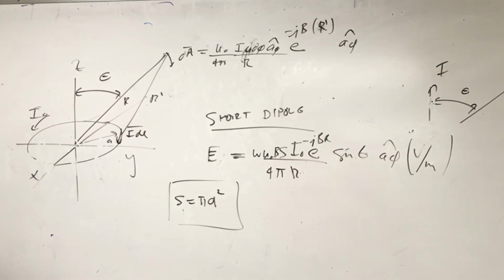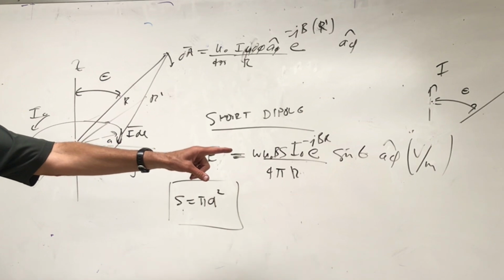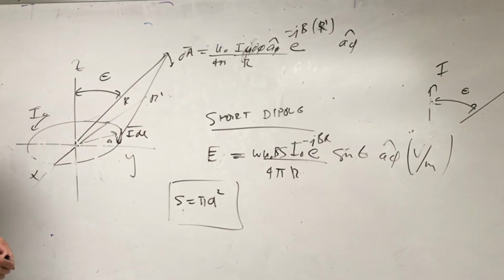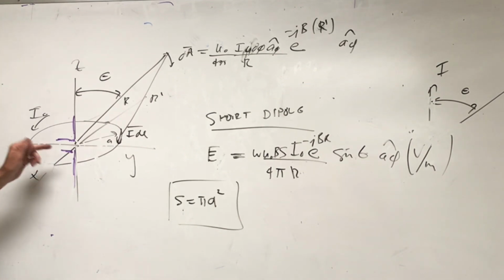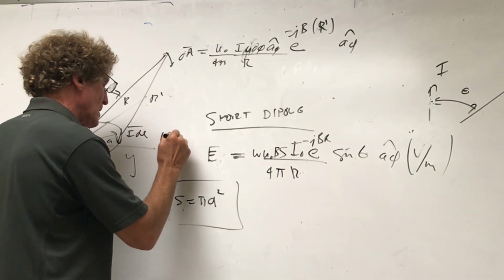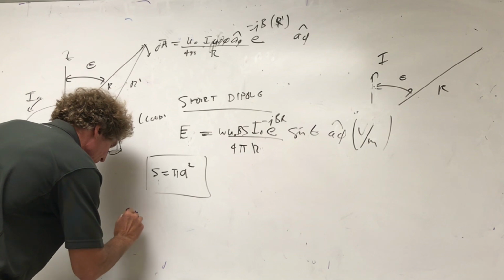But the thing about this is that I want you to note, this has the exact same directivity and electric field pattern in terms of its shape as a short dipole. Remember, a short dipole is proportional to sine theta? Short dipole is perpendicular upwards. Here's the basically the equivalent of this. For a short dipole, you would have it like this, and you would have the same form of the electric field. This is, again, for the loop right here. But for the dipole, for short dipole,